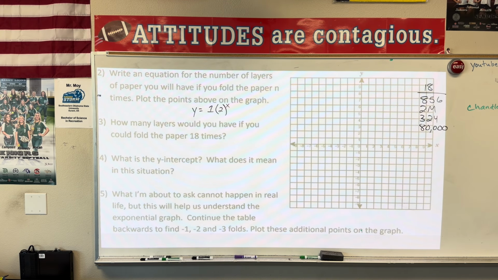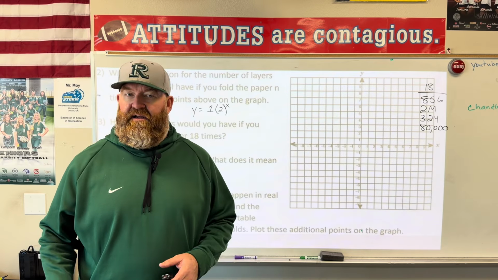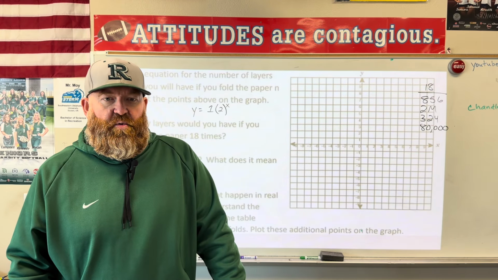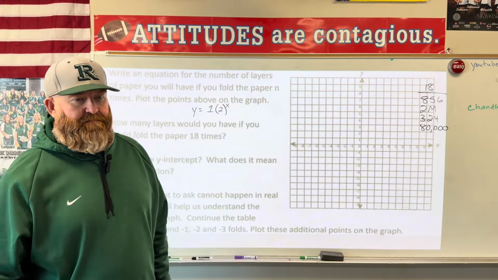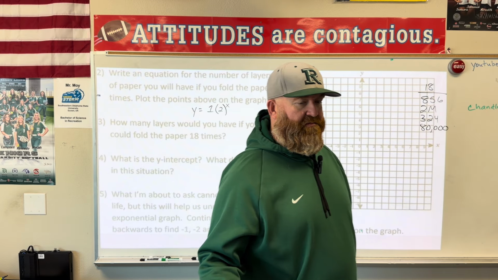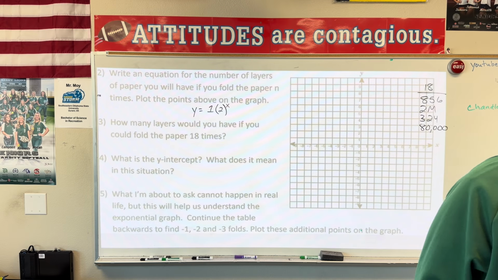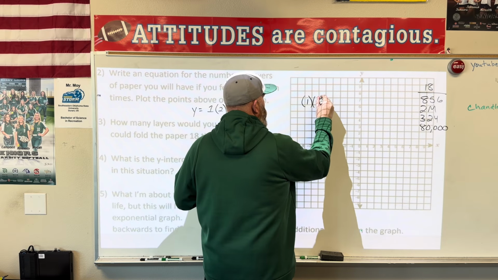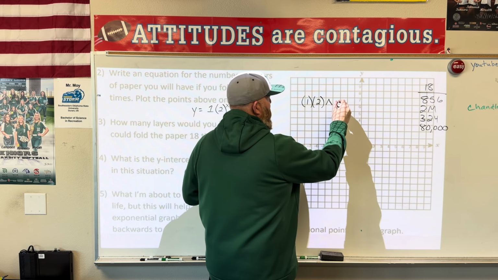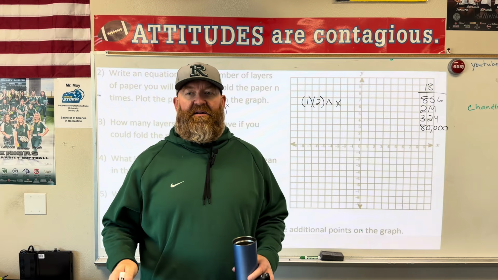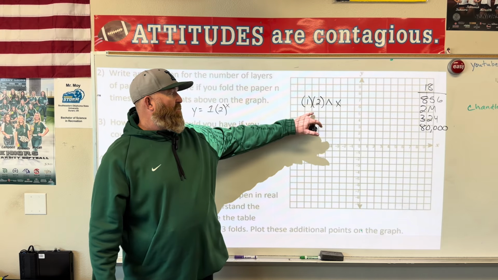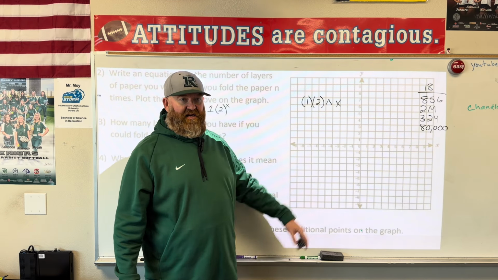Now, does everybody have the calculator? This is where it's really going to come in handy. In your calculator, in the top left-hand corner, I want you to go to y equals. Make sure it's cleared out. If it's not cleared out, go ahead and clear it out. And I want you to type in this right here. I'm going to type 1, and then I'm going to type a 2, and then I'm going to hit this button like always, and then I'm going to hit X, which is next to the green button. There's a whole bunch of little symbols. 1, 2, and then hit that button and then hit X.